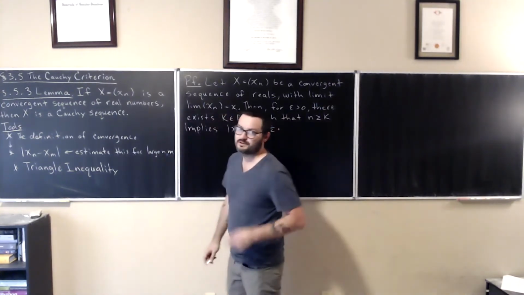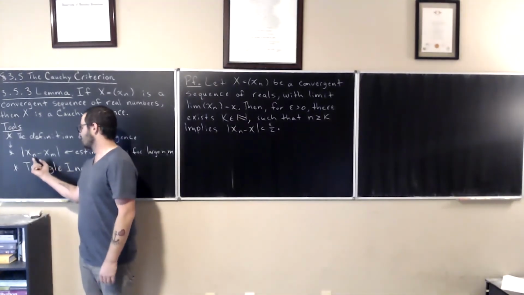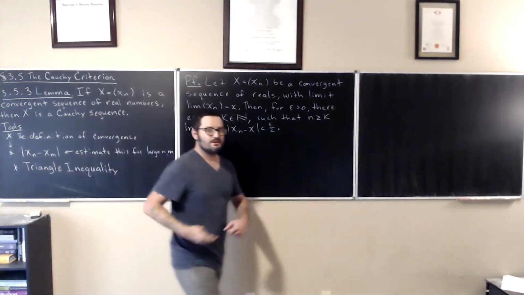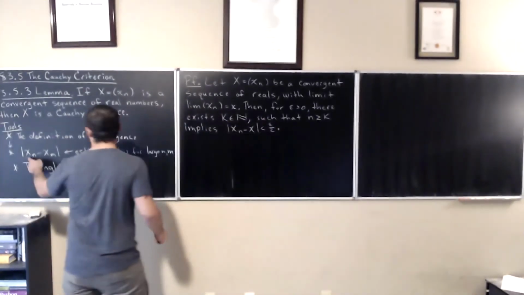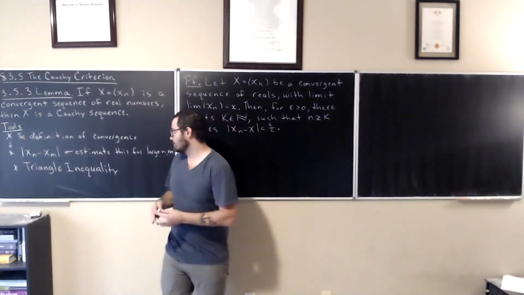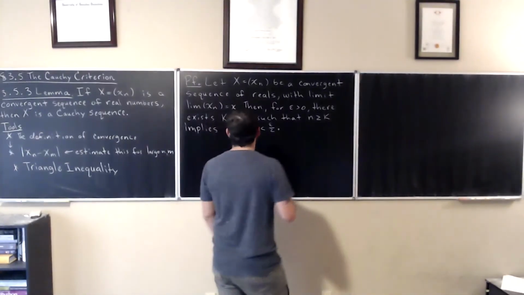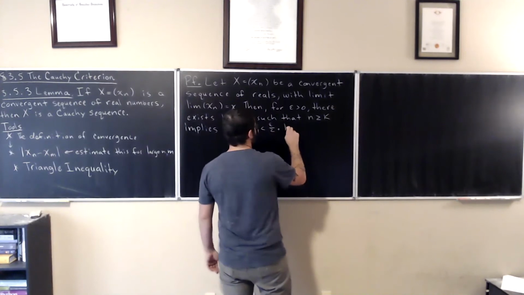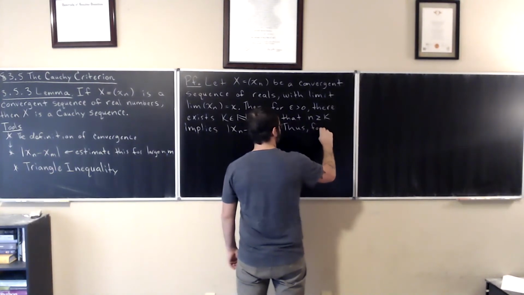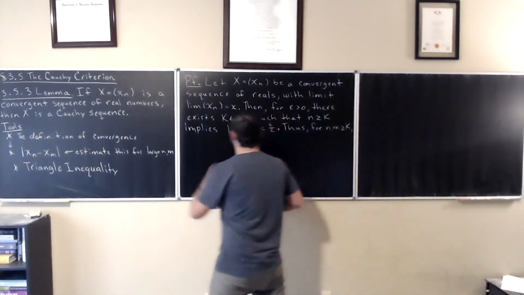And the reason why I'm choosing epsilon over 2, other than to be fancy, is that I'm going to look at the distance from one term to the limit and the distance from the other term to the limit. For large values of n and m, we know that this is close to the limit and that is close to the limit, which means that if we use the triangle inequality, we can squeeze those things together. And you'll see that now. Thus, for n and m greater than or equal to k, we have,